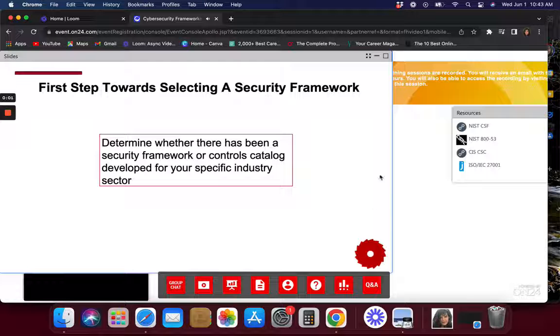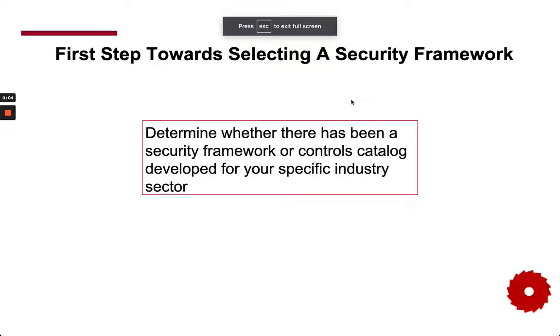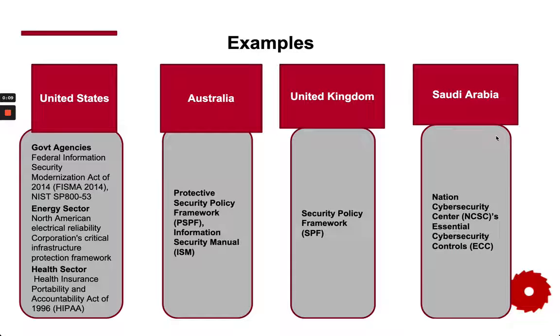The security framework is something you are mandated to adopt. Now, I wanted to give you an example: based on country, for the government sector, what obligations do they have? For example, in the United States, federal government organizations are required to comply with FISMA 2014, the Federal Information Security Modernization Act. And if you are writing the CISSP, these are all things you will have to